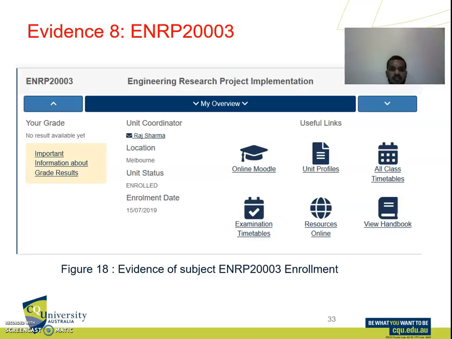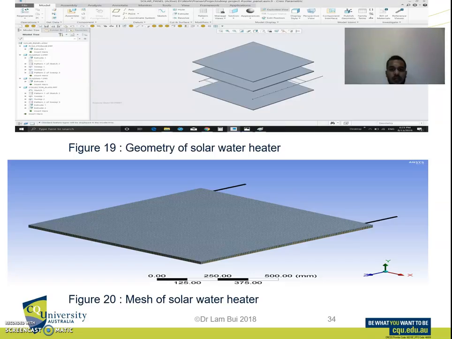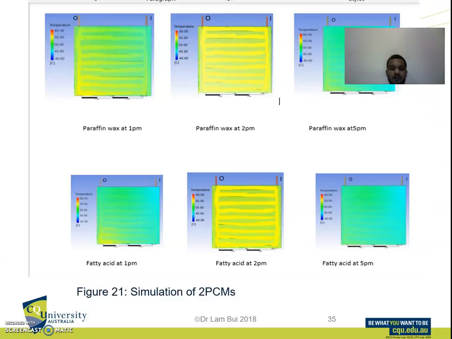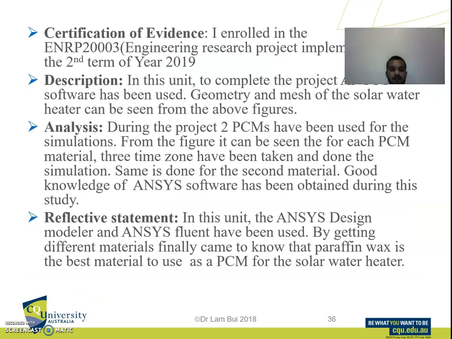This is the evidence number 8, which stands for ENRP 20003. This is the engineering research project implementation subject. And till now I have made the geometry of the solar water heater as well as generated the mesh of the solar water heater. I have got different results for paraffin wax and fatty acids, and almost completed this project. I used ANSYS Design Modeler and ANSYS Fluent software to get the different kinds of results in